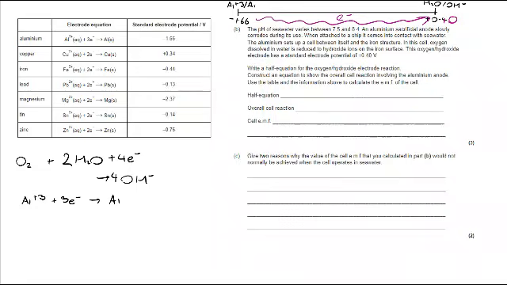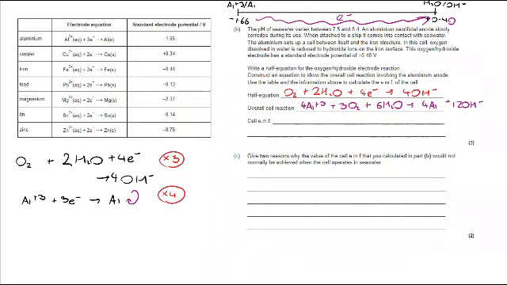As a result, we know that whatever is on the left is not going to be reduction. There are electrons being lost. So we have to reverse the equation that has been provided. The Al³⁺ + 3e⁻ → Al is what came in the table, but we are going to switch it to Al → Al³⁺ + 3e⁻. So I've put in now the half equation that we'd already worked out over on the left-hand side,